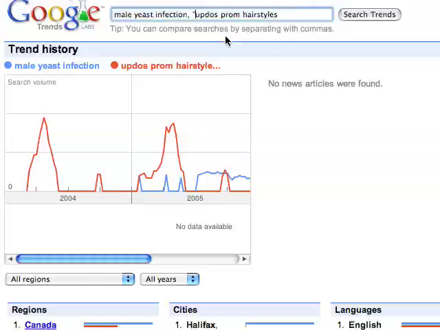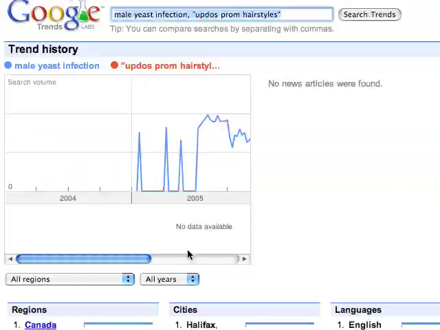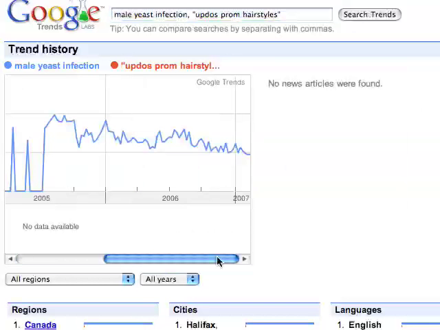Let's have a look and see what happens if we interrogate the traffic for the phrase match updos prom hairstyles. Now the picture is completely different. In effect, there is no traffic for the phrase match updos prom hairstyles. And what's probably happening here is that on a broad match basis, the bulk of the traffic that we saw before is really associated with the key phrase prom hairstyles, which one would expect. The actual phrase match specific phrase updos prom hairstyles, Google is telling us that there's just virtually no traffic for